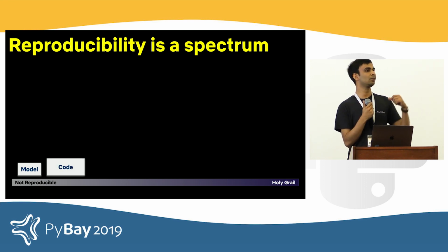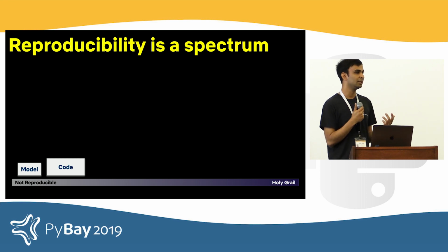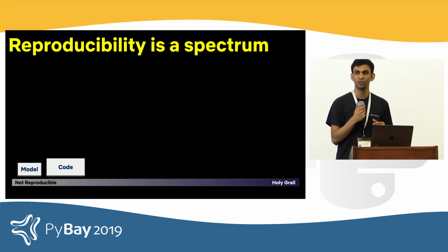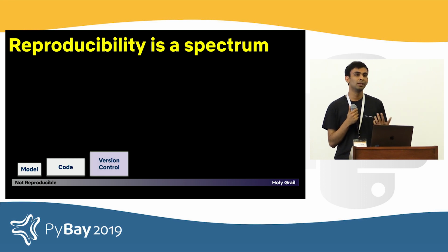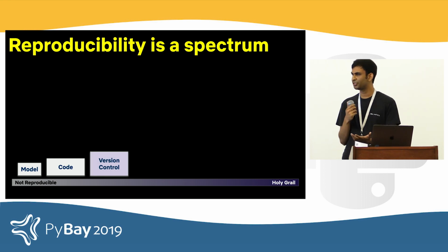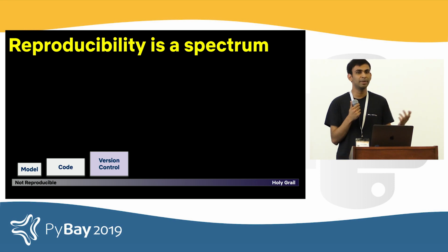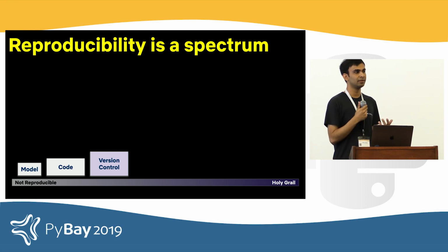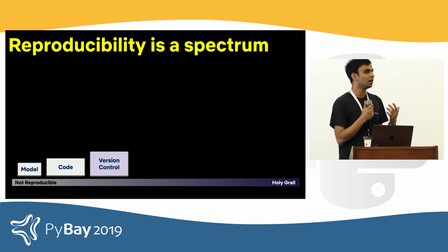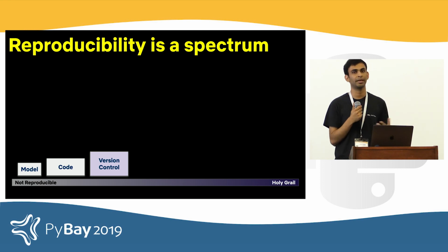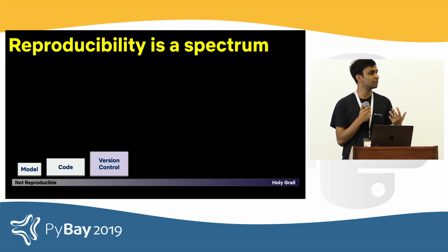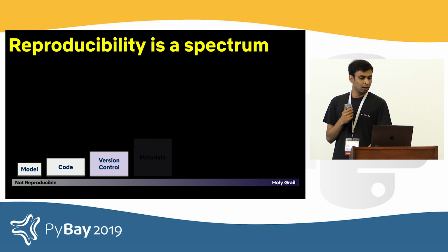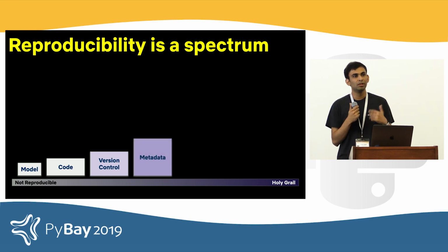It'll get you a little bit closer to some notion of rerunnability, but still it's very far from true reproducibility. You might want to introduce some sort of model management system, some sort of experiment tracking system, or Git-based version control, something that allows you to keep your history of changes somewhere, so that you can go back in time, figure out what sort of changes you introduced over a period of time, and reason about the state of the system. But that still doesn't really get you all the way, right?